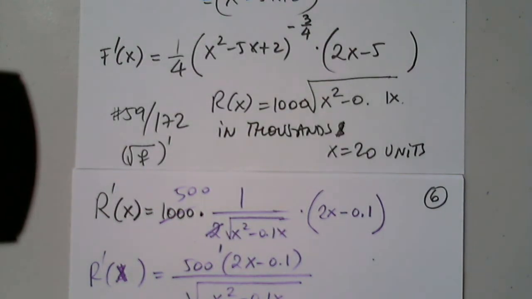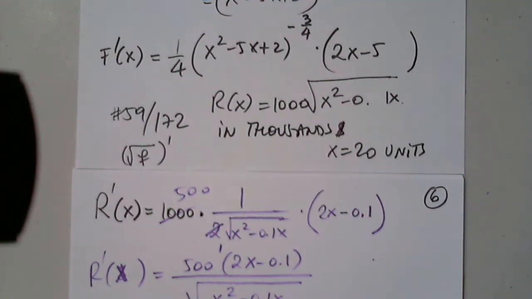Because it's a product in the numerator, I will not need to put an extra set of parentheses. Then 2x minus 0.1, close the parenthesis, and divide now by the square root. You know me, I love my parentheses. So x squared